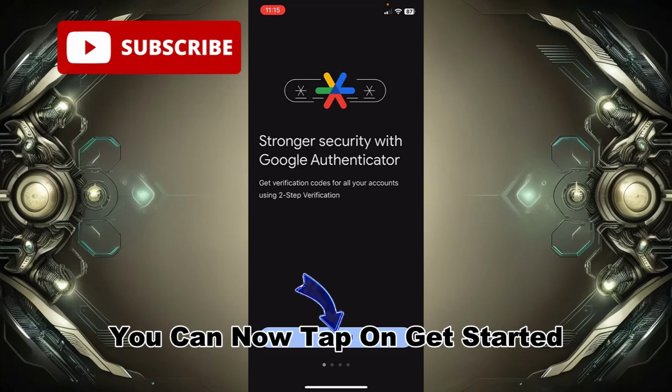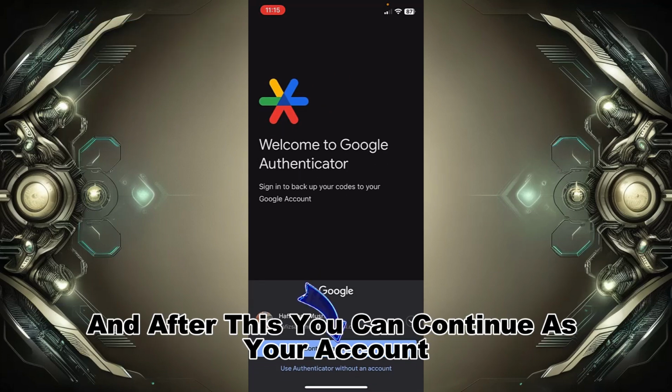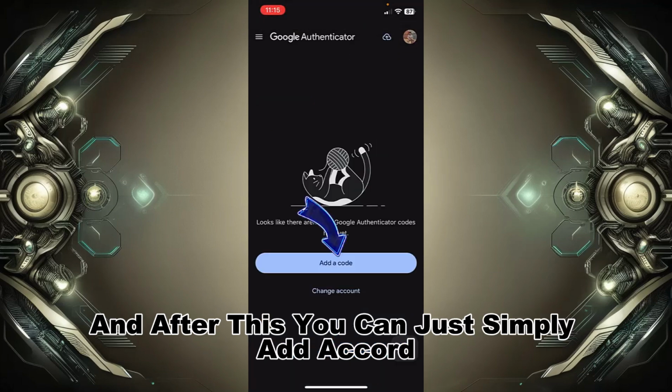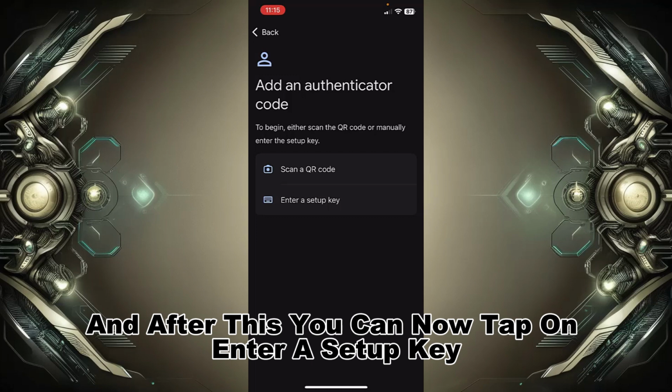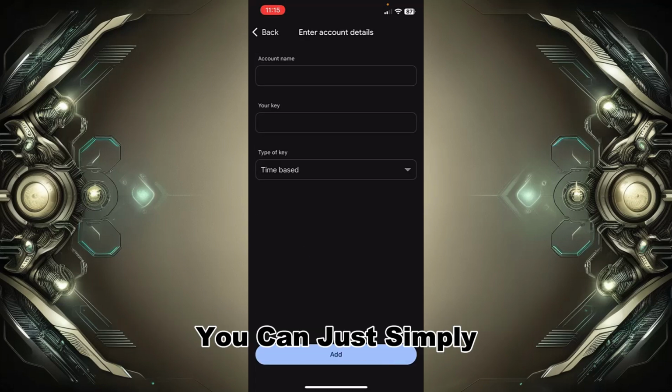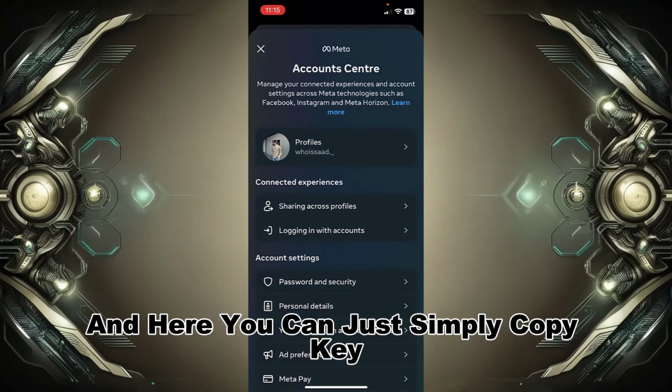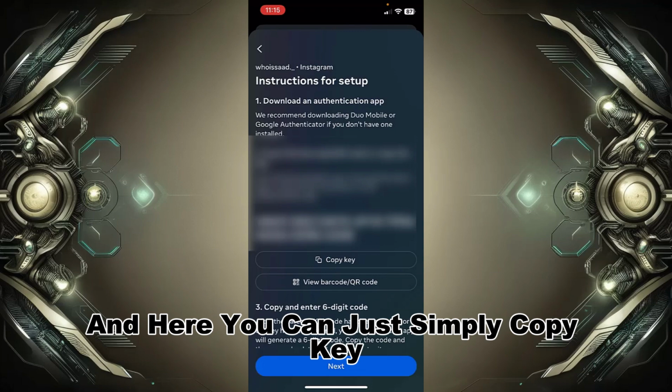You can now tap on Get started, and after this you can continue as your account, and after this you can simply add a code, and then tap on Enter a setup key. You can simply go to the Instagram two-factor authentication, and here you can simply copy the key, and after